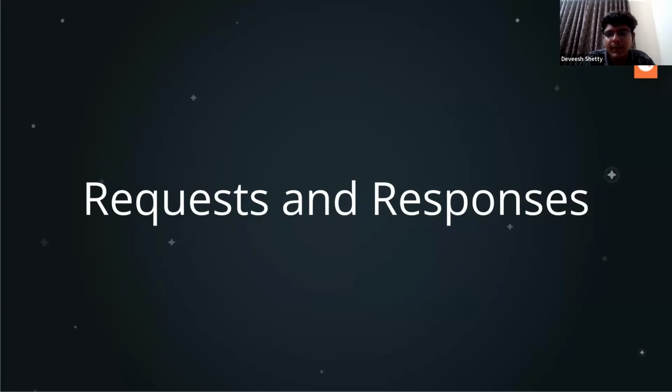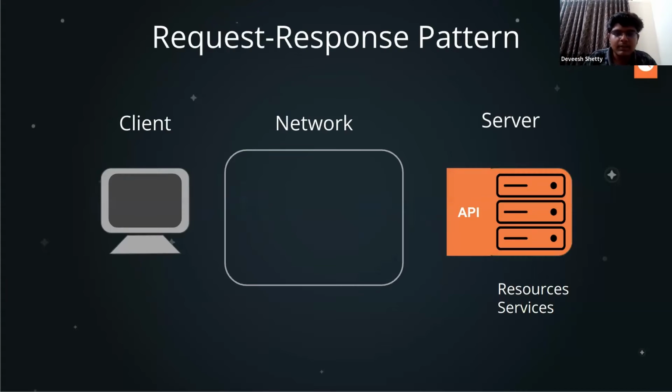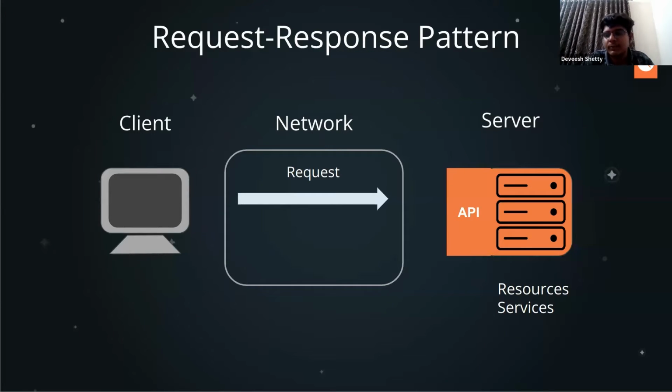How will the software know whether it's a request or a response? Let's see. First the client will send an API request to the server. Imagine the client wants to search for something. It will send a query and tell the server, I want to search Postman in Google. So the client will send a URL with the query Postman to the server, the Google database.